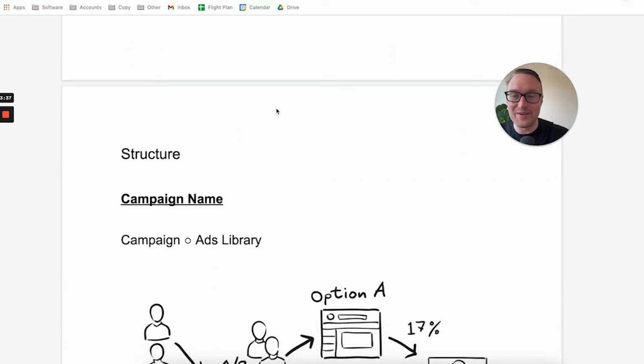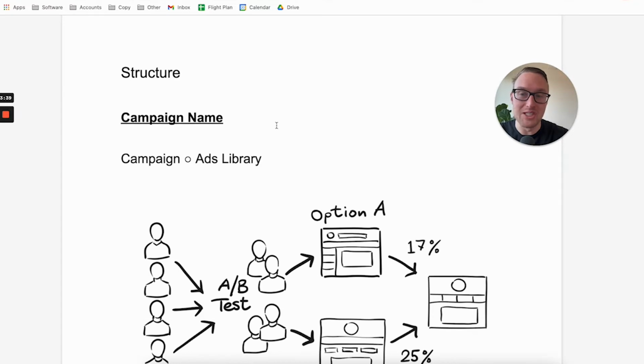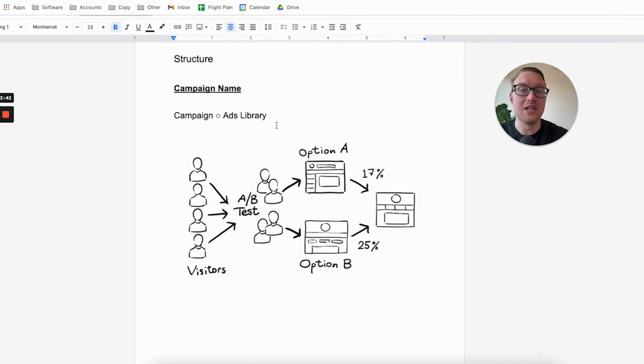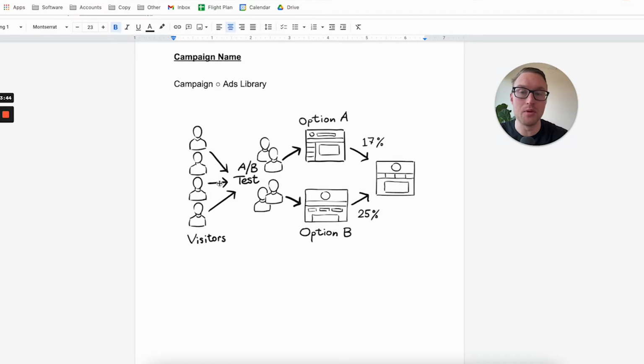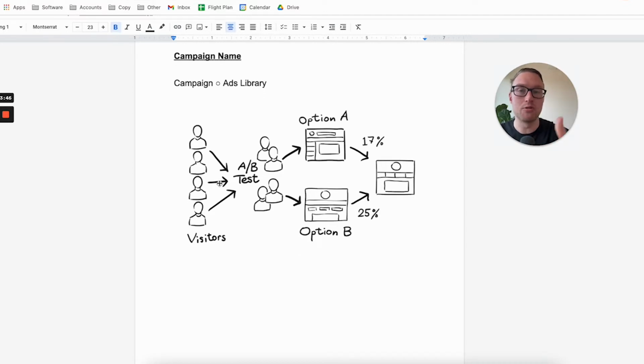So the way you want to scientifically split test, and this is across literally everything, you can apply this principle across landing pages, across TikTok ads, Facebook ads, Google ads, whatever new platform is going to come. The key thing to understand is that with scientific split testing, you have a bunch of variables, and you want to isolate one specific variable that you want to test. You want to put some money behind that test, and this will allow you to understand, for instance,